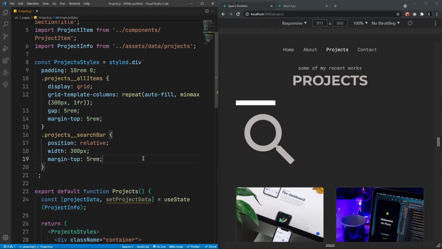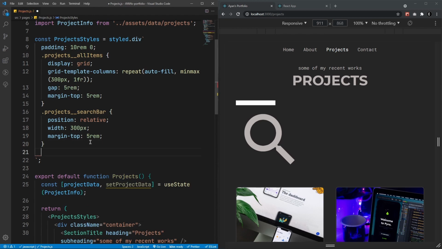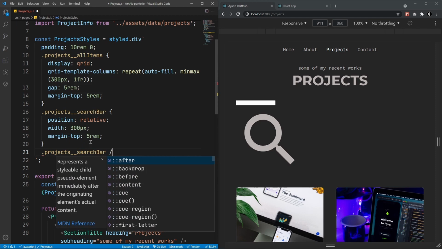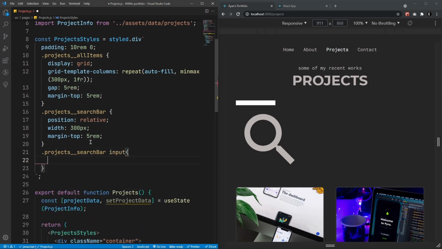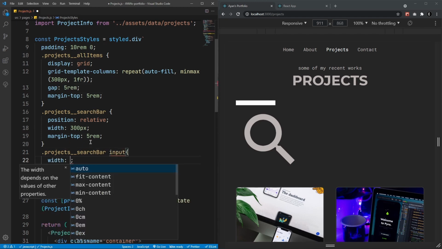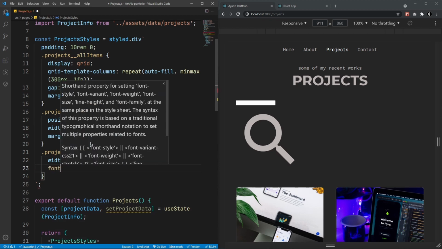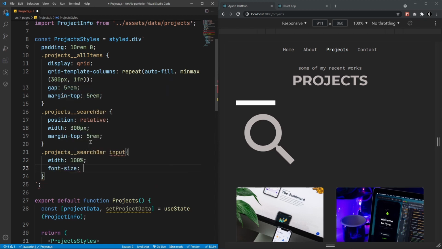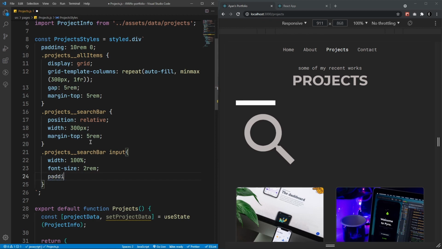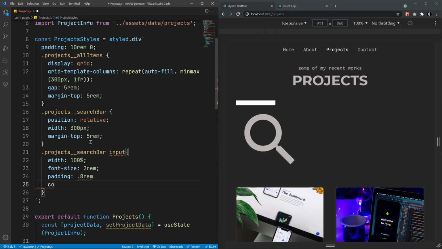And if I use that, yeah, fine. So after that, let's actually style the input, and here let's say that width will be 100%, and finally font size will be 2 rem, and also padding will be 0.8 rem, and finally color, the color will be, let's say, black,